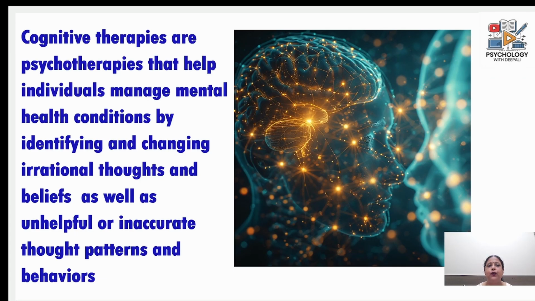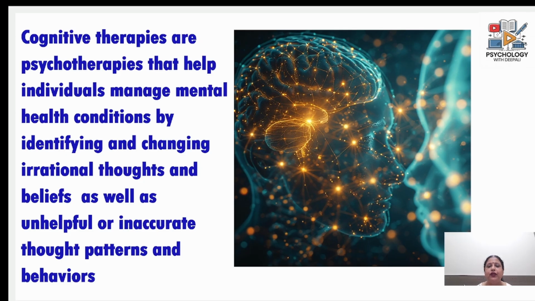So let's start. We will first know what cognitive therapies are all about. Basically, they are psychotherapies that help individuals manage mental health conditions. How do they manage it? By identifying and changing the irrational thoughts and beliefs, as well as unhelpful or inaccurate thought patterns and behaviors. So, the root of all emotional distress, according to any type of cognitive therapy, is the inaccurate or wrong thinking pattern, as well as the irrational beliefs, which is at the core of the emotional